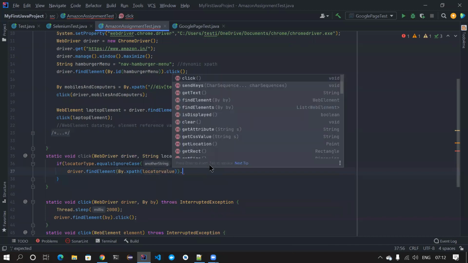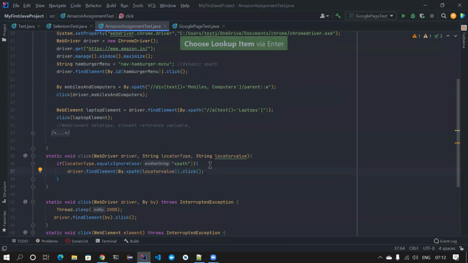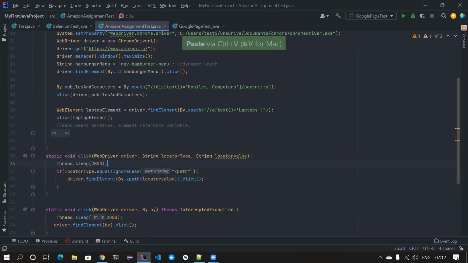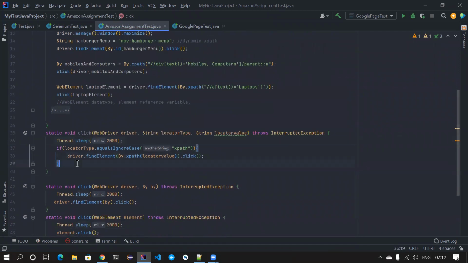Okay, dot click. Without performing everything, we can also wait. Before doing all these things, we can wait. Okay, 2 seconds. Good. The same way, else if